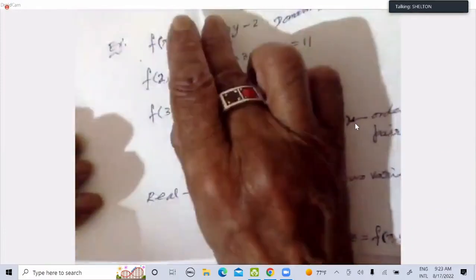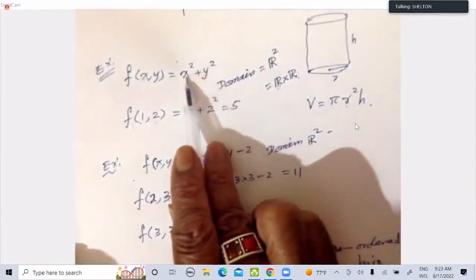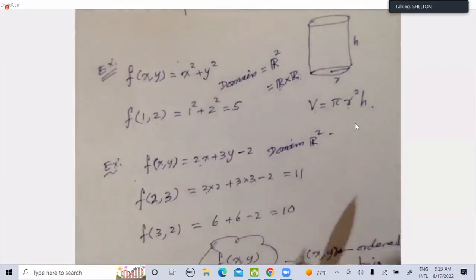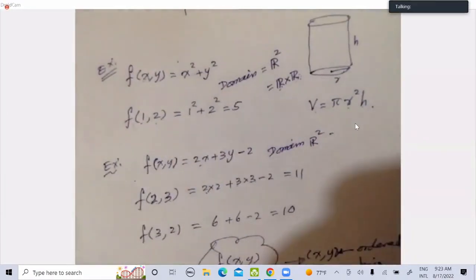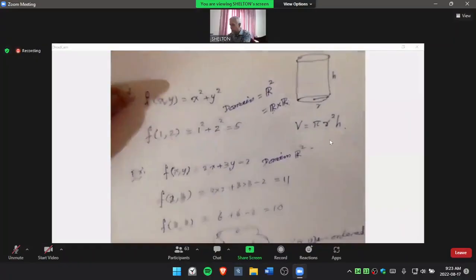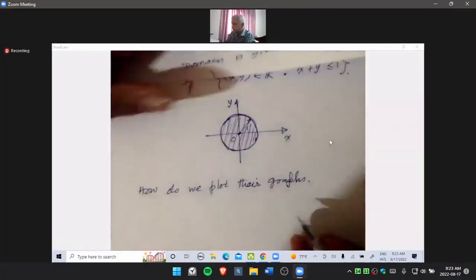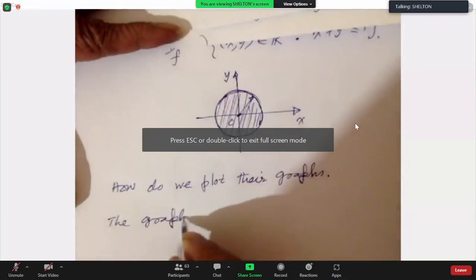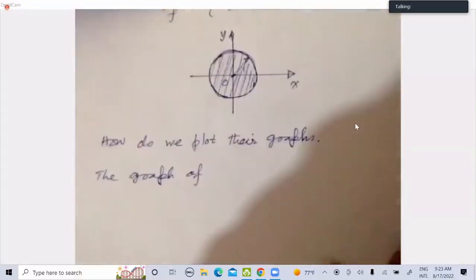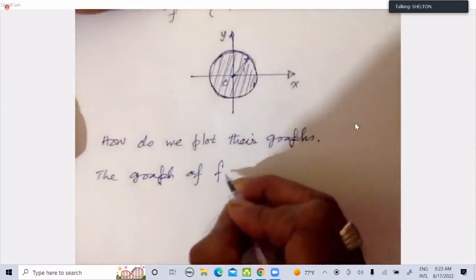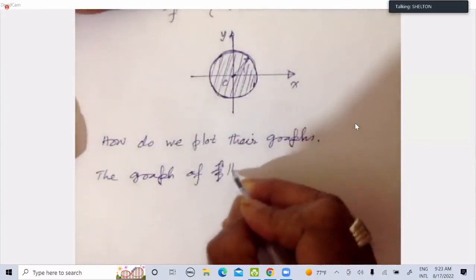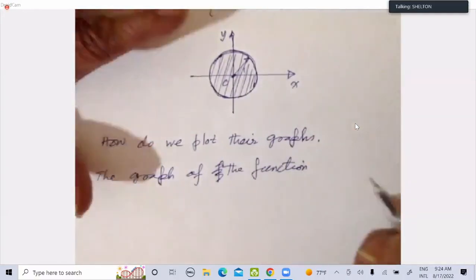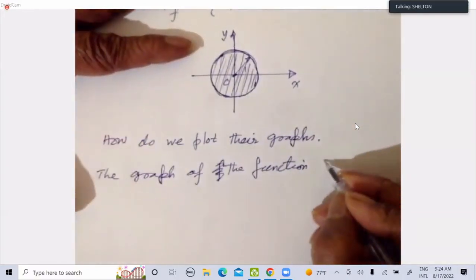Okay, take the first one, x squared plus y squared. To plot the graph of the function f,